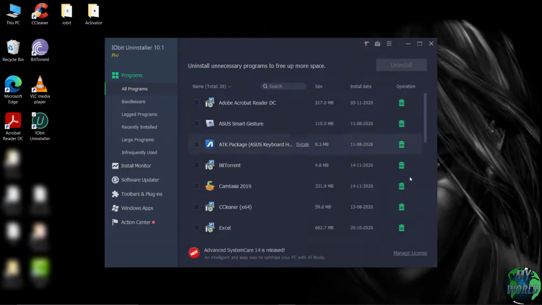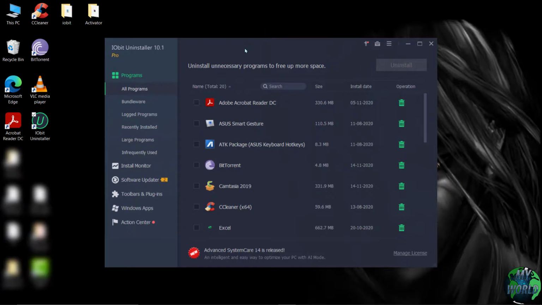And now here you can see the activate now option has been removed as it has been activated successfully and it is for lifetime and free. So now the iObit uninstaller 10.1 has been installed successfully and has been activated also successfully for free and for lifetime. You can follow this file for any iObit uninstaller version.